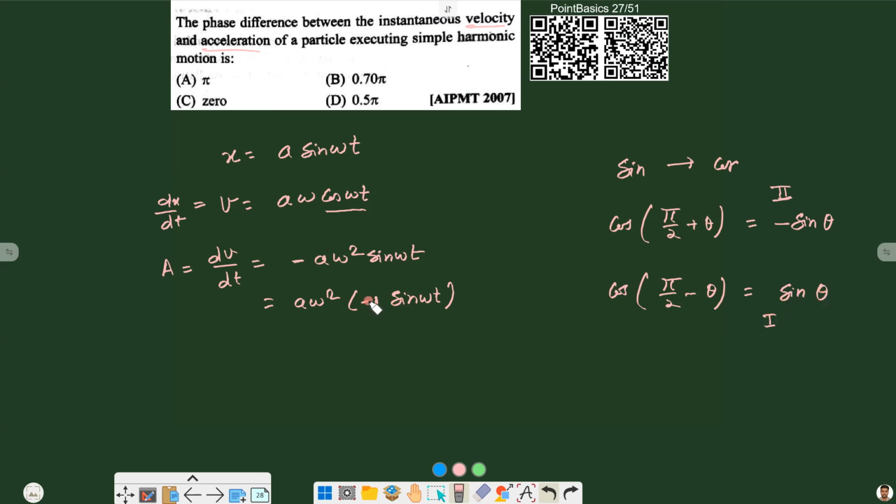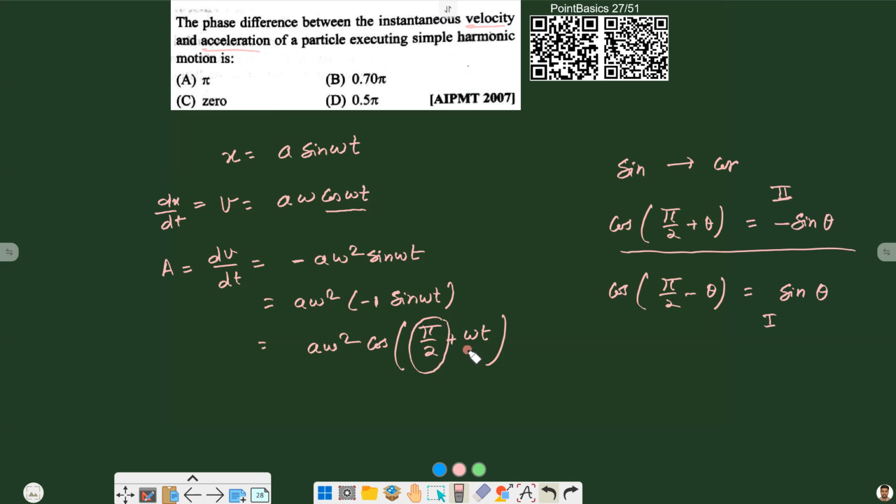And here we have a negative sign, and in this equation we don't have any negative sign, so we have to absorb this negative sign. To absorb this negative sign we will use this type of conversion. So acceleration can be written as a omega square cos 90 plus omega t. Now both are in the same form, and from this we can say that acceleration is ahead